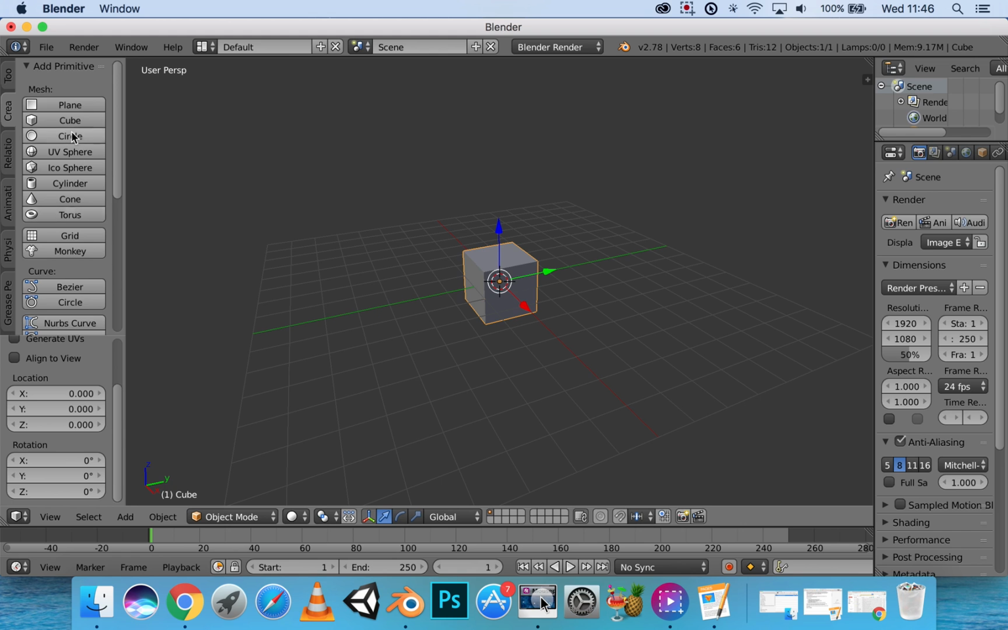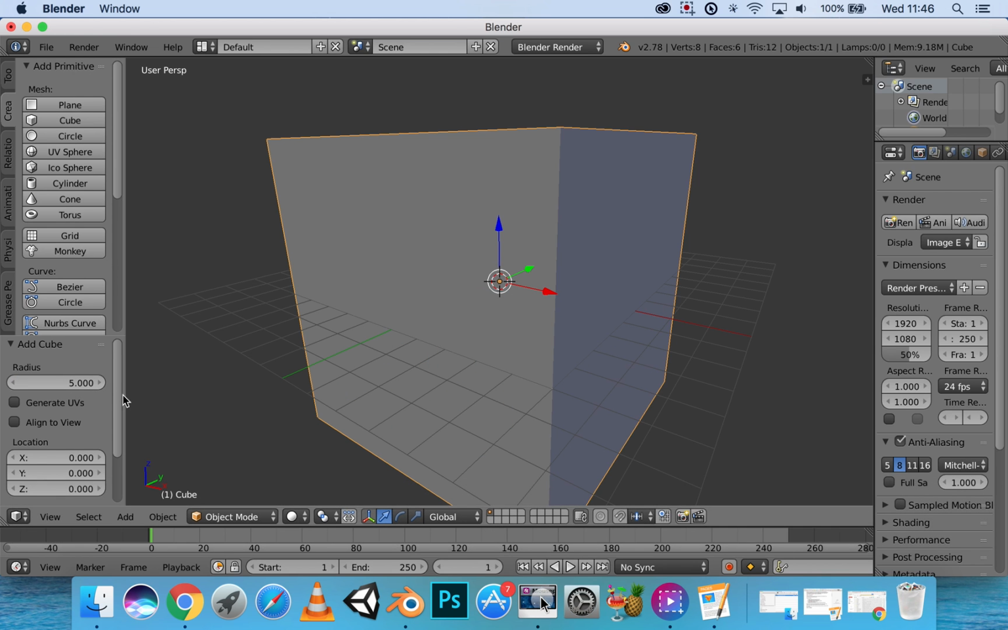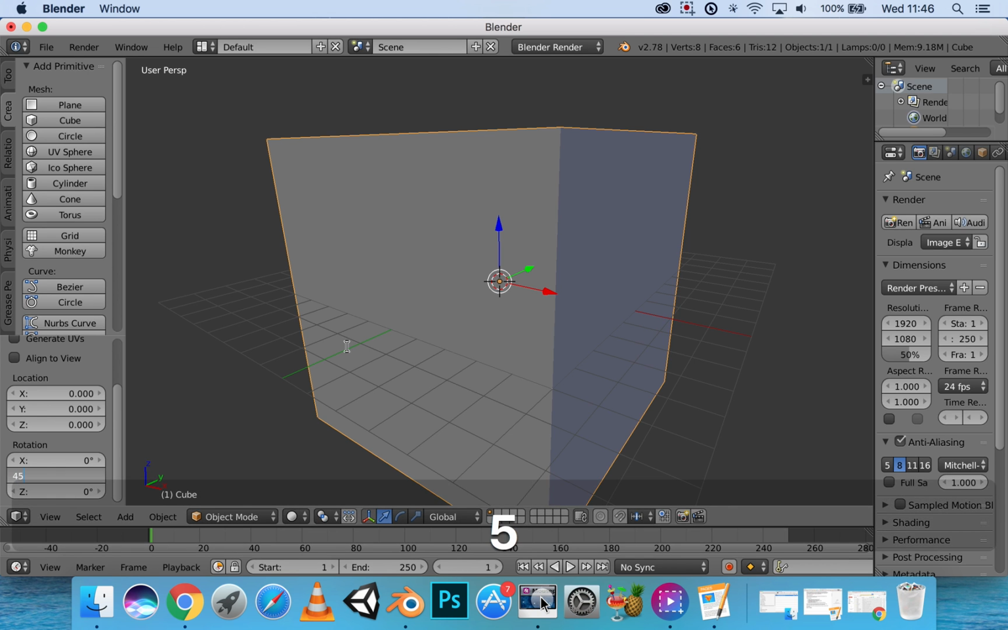Now, for every single object here, there should generally be the location and rotation options right off the bat. And you can generally just play around with these options if you want. You don't exactly need to do anything here. Radius, if you want to scale it right here instead of scaling it down here, you can type in, say, 5 scaled. And if you want to slightly rotate this, let's say 45 degrees, so you can actually see